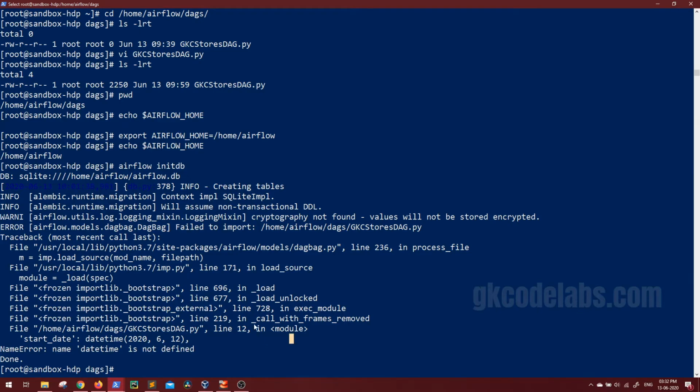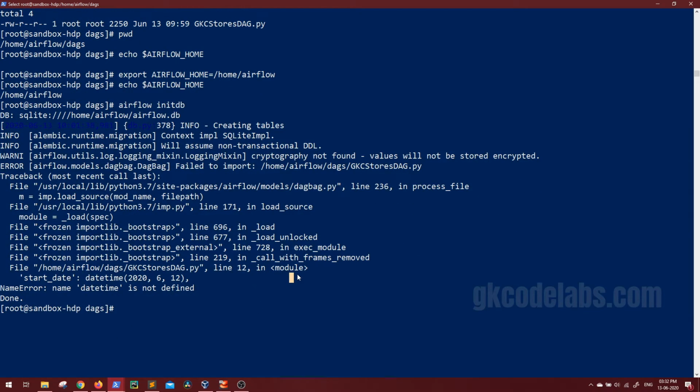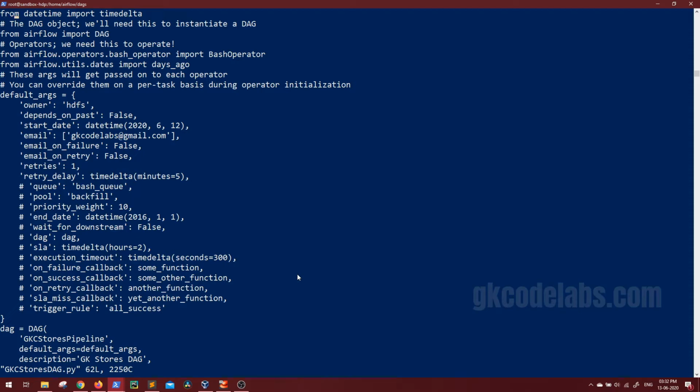I think we missed adding the datetime. As we are using the datetime object, let me see, vi the file, this is it. So we are using the datetime function, but from the module we haven't imported that. So from datetime, along with timedelta, we will also include datetime.